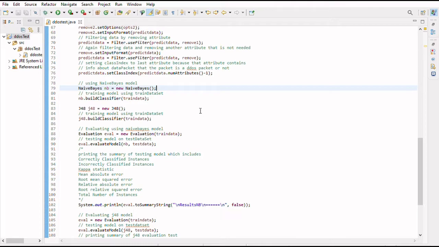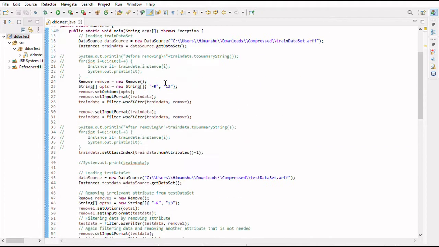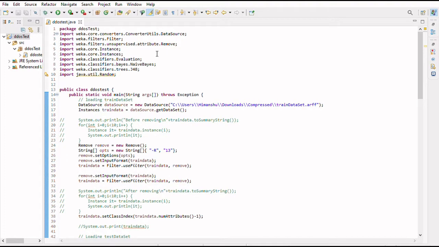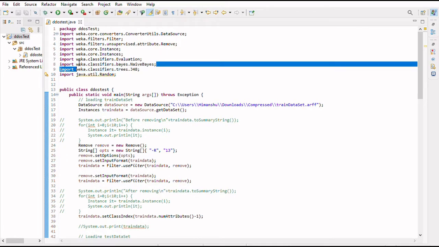Naive Bayes is a probabilistic classifier based on Bayes theorem and suitable for nominal data, whereas J48 is a tree-based model and it is also suitable for nominal data. Here we create an object NB of the NaiveBayes class, which is defined in the weka.classifiers.bayes package.